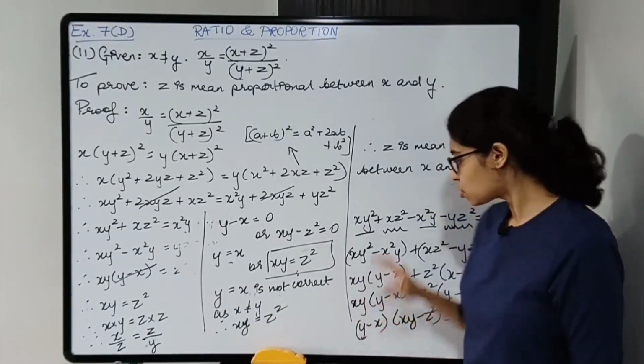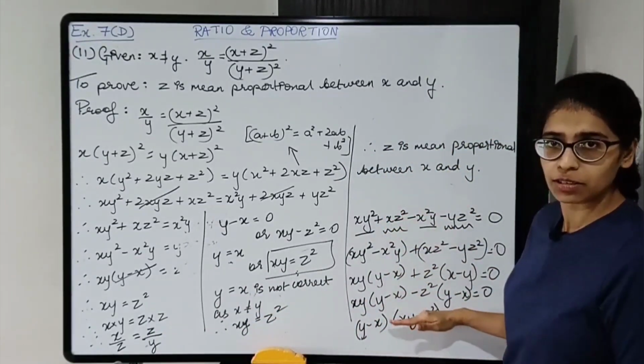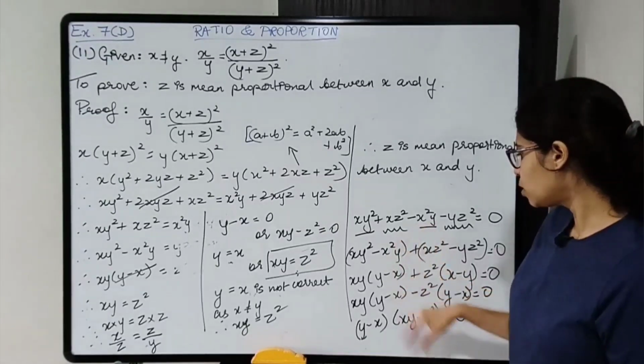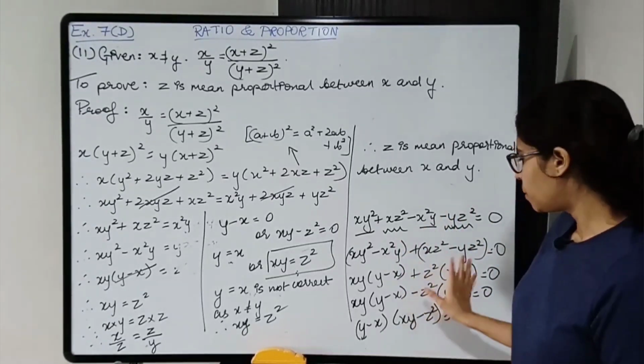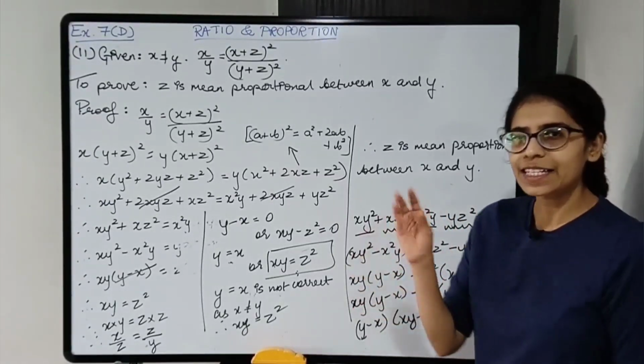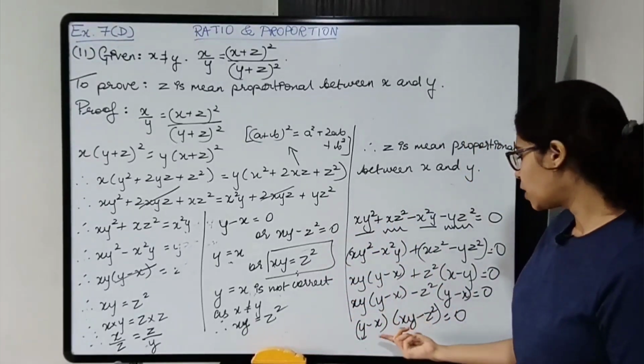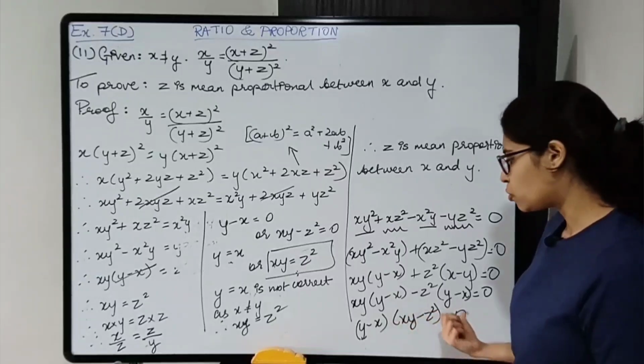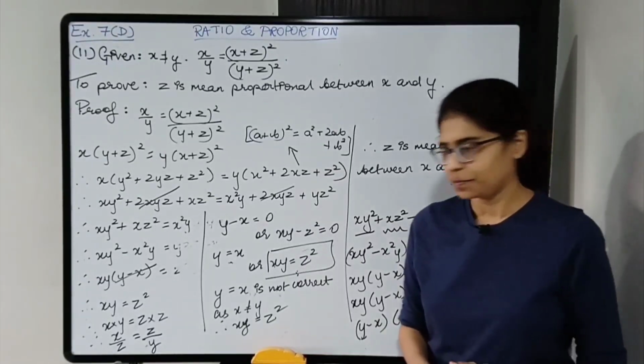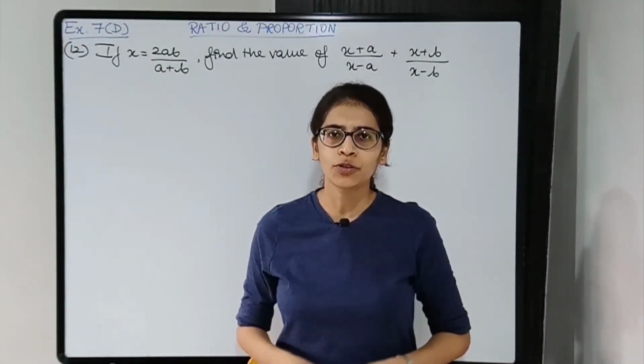ठीक है. So in case you are following this method, you can use this method also. Okay, थोड़ा सा complicated है, but you can use this method as well. It is like quadratic equation वाला method. You are taking common terms and then you are getting two brackets. दोनों का multiplication is equal to 0. All right. Moving on to next question.